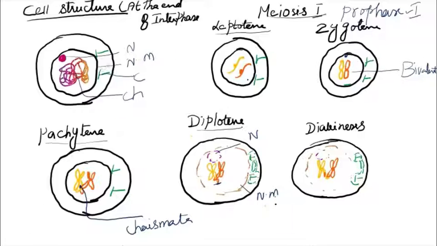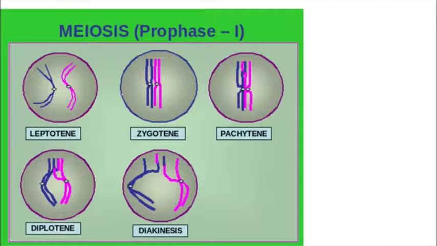In diakinesis, the nuclear membrane and the nucleolus disappear, and there will be the ending of the crossing over of non-sister chromatids. So no crossing over takes place among the non-sister chromatids, but still they are attached to each other very little at the tip. And here again, the centrioles are giving rise to asters, and they are attached with the spindle fibers. They are the ones pushing the centrioles towards the poles of the cell. So here you could see that in the diagram.